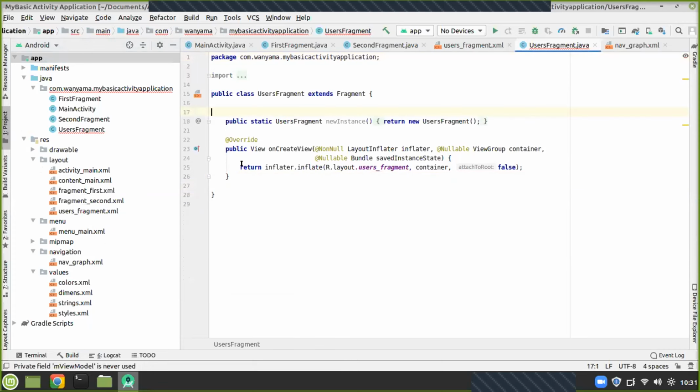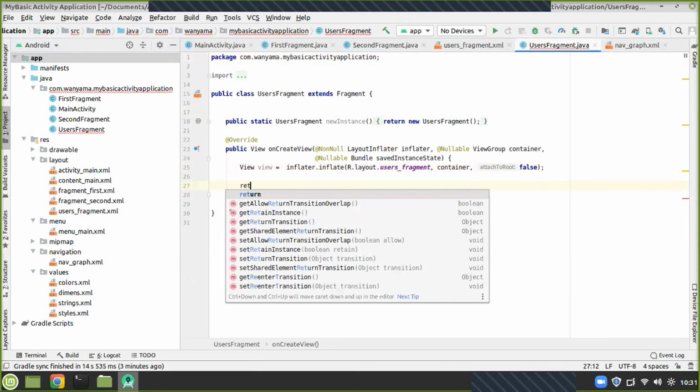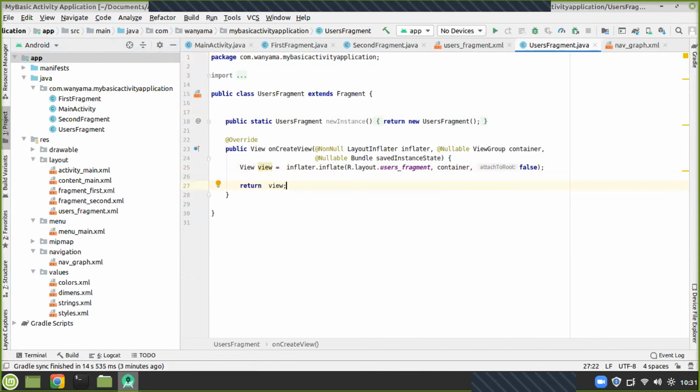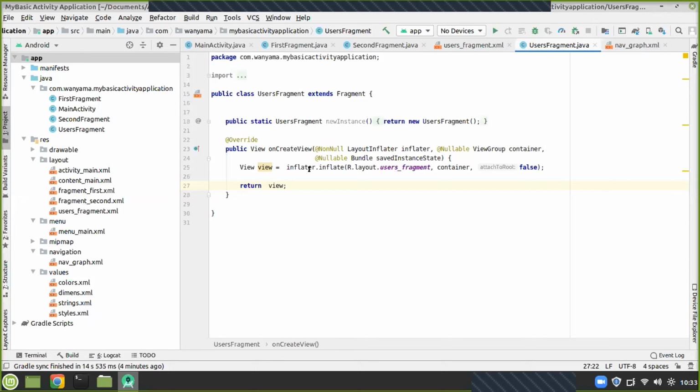Then as usual, you can have a view called view equals to that. Then we can return the view. So you see, we have created our fragment. So I would just like us to go to the fragment page and drag and drop there something like a